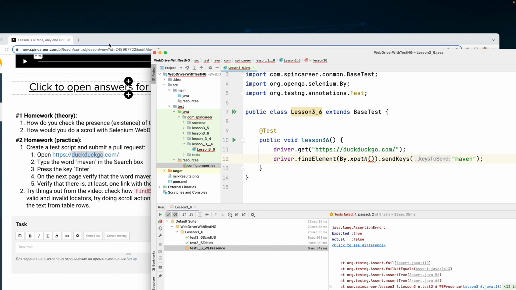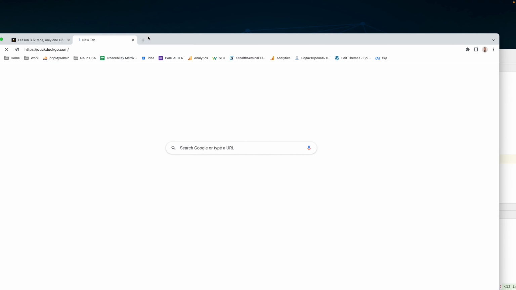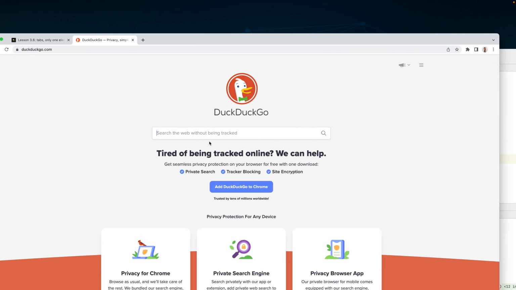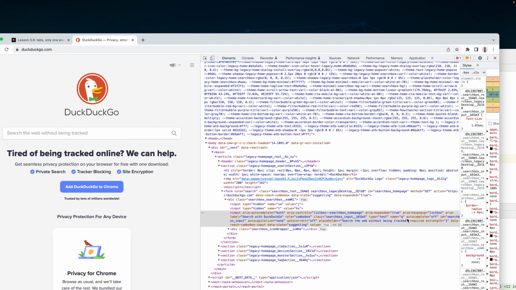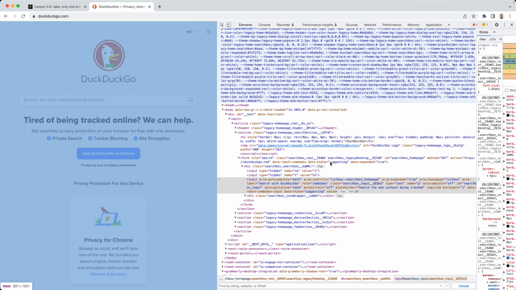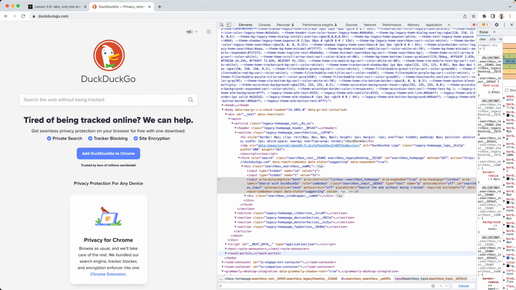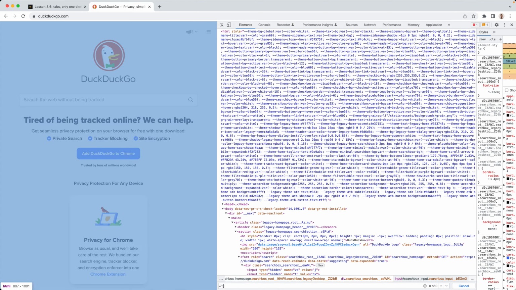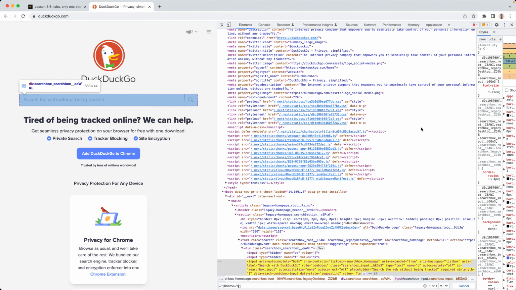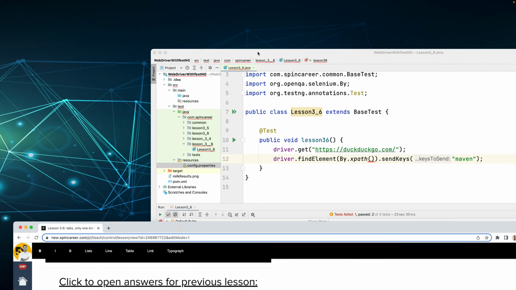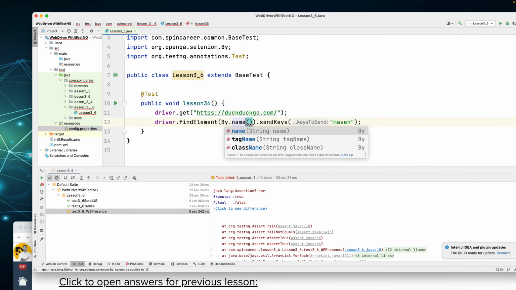So I'll need to find element by some XPath maybe, and then send keys and Maven. Okay, so let's see what would be the right search locator. Okay, so I'll go ahead and see is there any IDs, any unique. Oh, I see the name Q. Let me try to find anything with the name equals to Q. Okay, that's only one here, so I can simply go ahead and use a simple locator by name and then